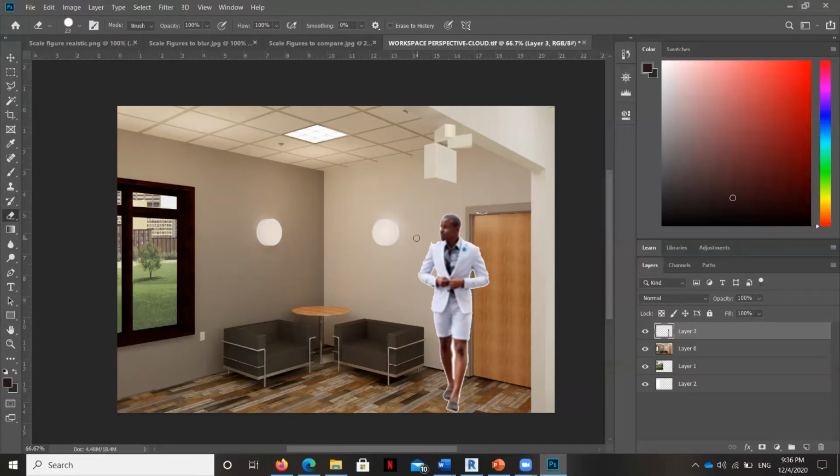I wonder why it's not pulling it off. Let's see. We can always cut. Okay. Now, when you have an image that's a little bit